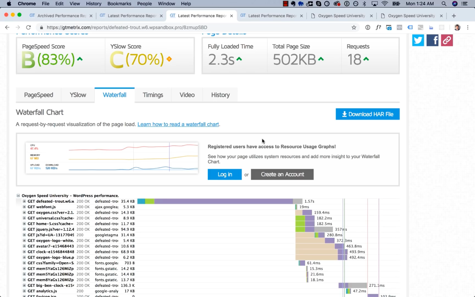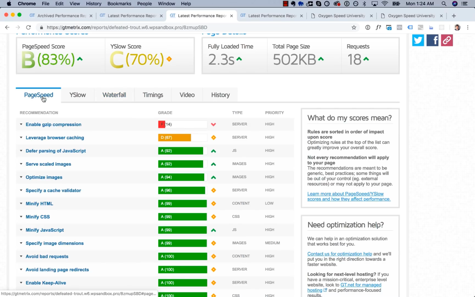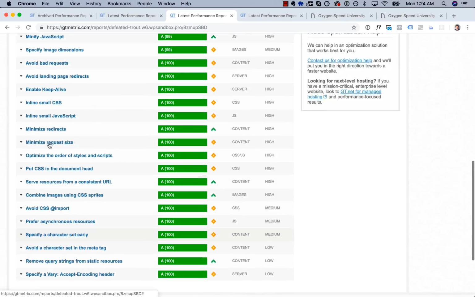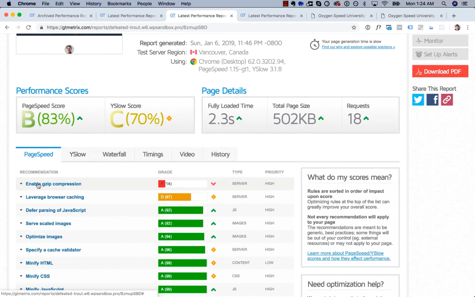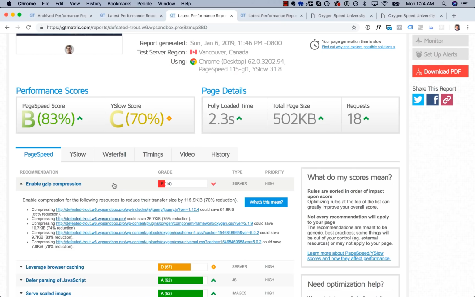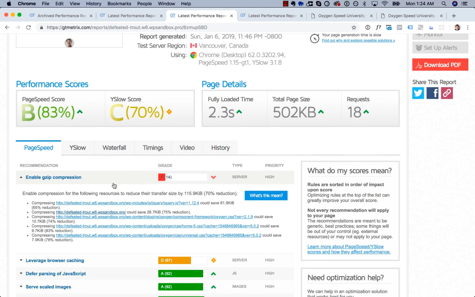So to do that, go over to the page speed tab, and under the recommendations list, you're going to look for the gzip compression recommendation. Now, you're either going to get an A on this, so you're going to get a green bar over here, or you're not. And if you don't get an A, it's possible that you could be loading some tracking scripts like Hotjar, Google Analytics, whatever, that may not be compressed, but it could be that your host doesn't have gzip